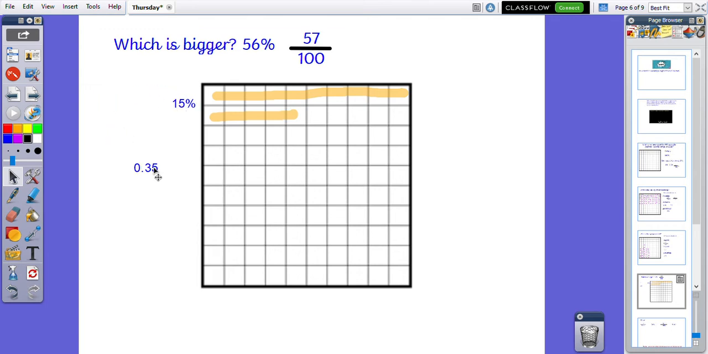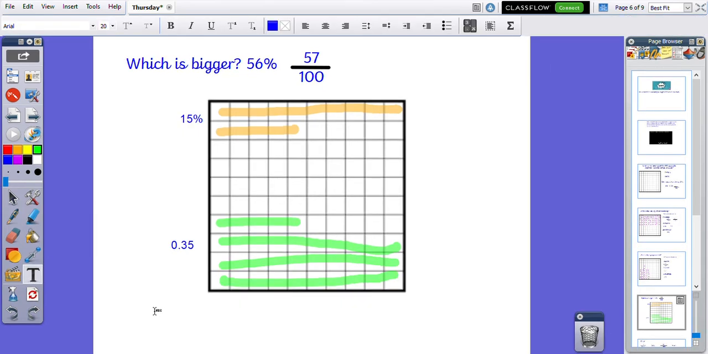And then at the bottom I'm going to fill in 35%. So choose a new colour. So I've got 1, 2, 3, 1, 2, 3, 4, 5. Okay, so I can clearly see there that 0.35 shades in more of my 100 square than 15%. So I know that the largest, the biggest, is